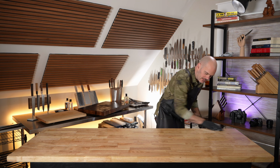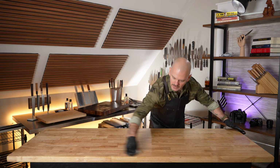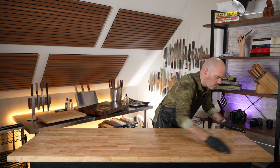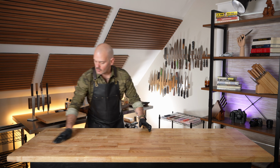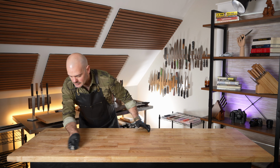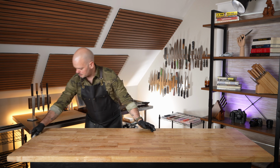And that's pretty much it, folks. You got to take care of natural wood, whether it be the handles of your knives or your cutting boards or your little studio Lowe's butcher block